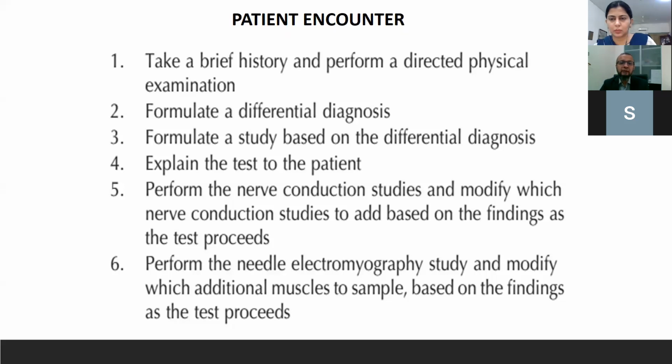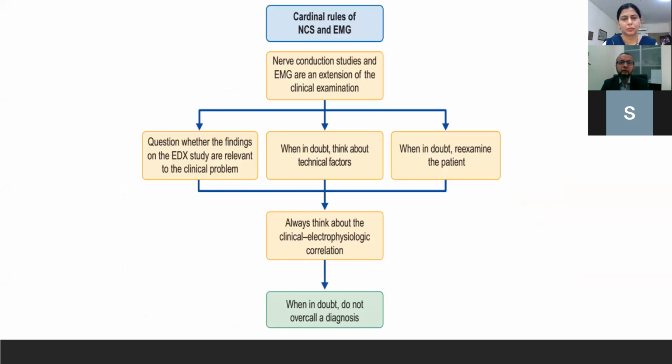More importantly, whenever we plan a nerve conduction study, we should be interpreting the results as they come along, because a lot of times you may see results that are new to your differential diagnosis, and you may need to modify your nerve conduction studies as well as your EMG. So you may need to add more nerves or more muscles. That is very important: look at this as a dynamic study, interpret the results as you go along and modify your study accordingly, so that you can reach your end result with a better differential diagnosis. So the cardinal rules of nerve conduction remain the same, that it's an extension of your clinical